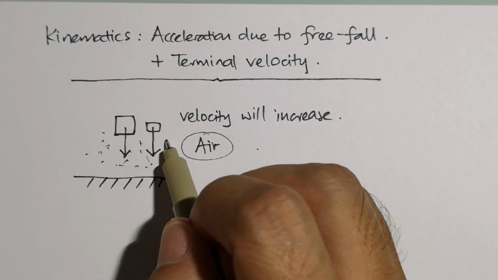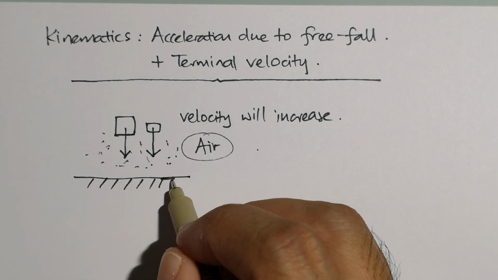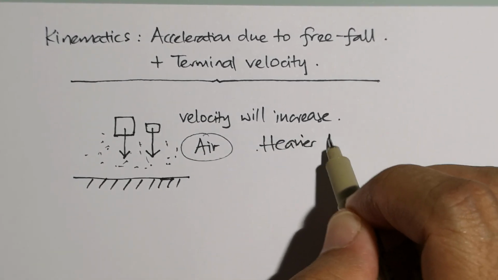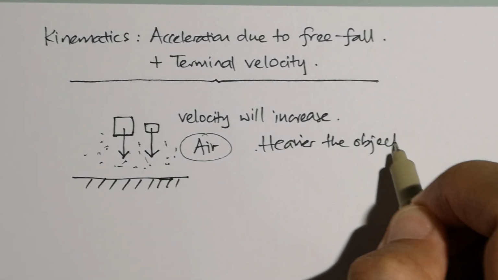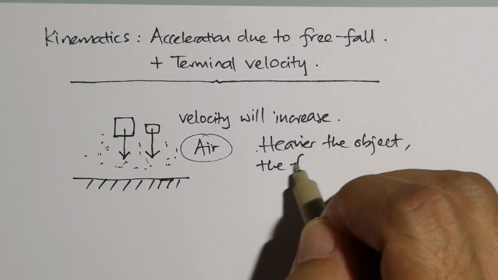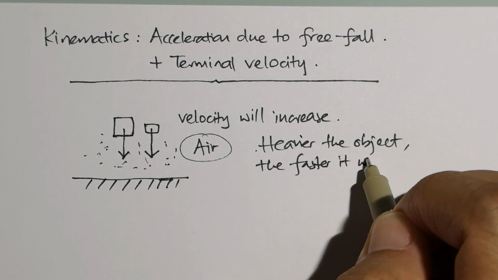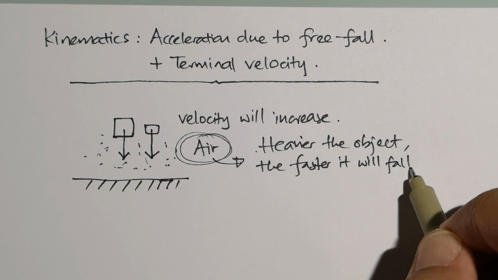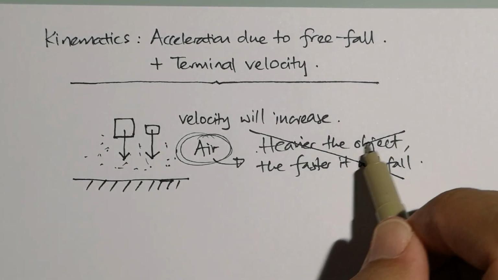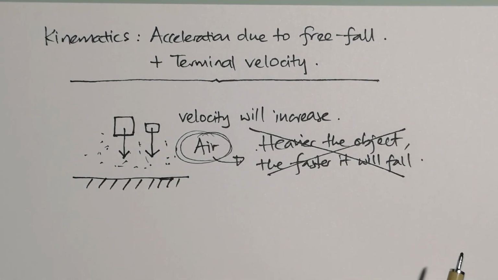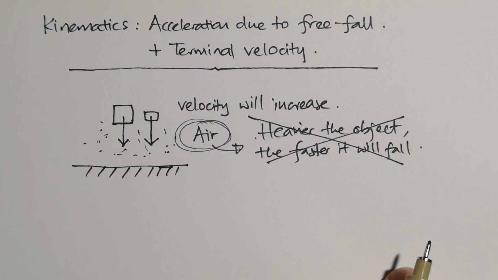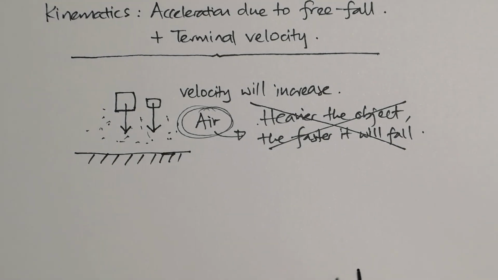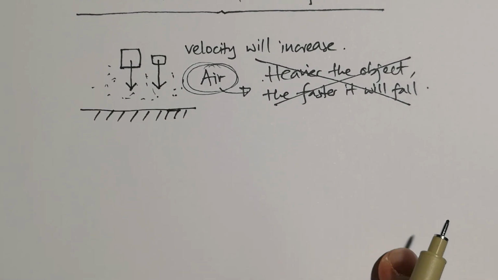So for a moment, many years ago, and all this while, people always think that the heavier the object, the faster it will fall, simply because air is working on this. So this is actually wrong, right? And I mentioned in my class that Galileo actually did prove that this is not right. So how do we treat this whole subject matter?